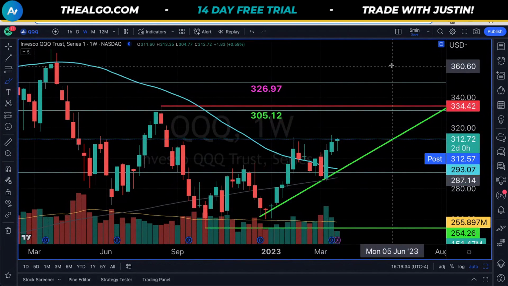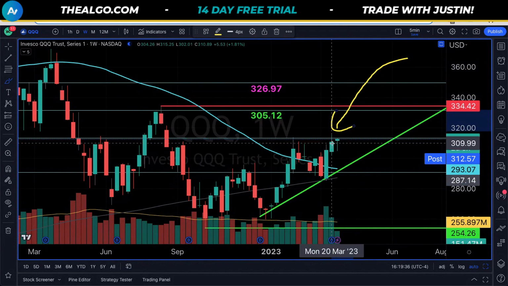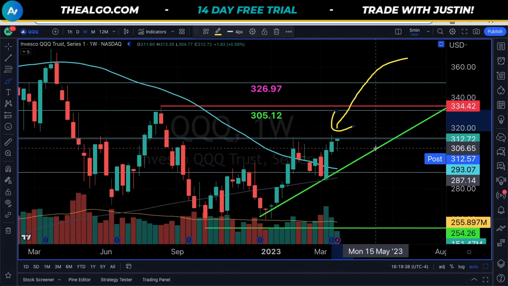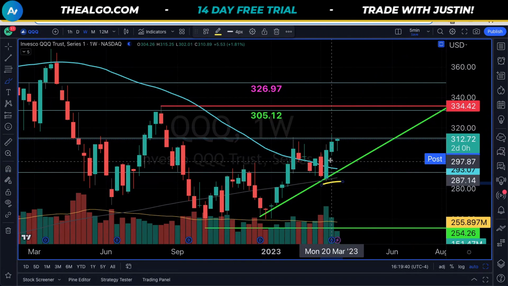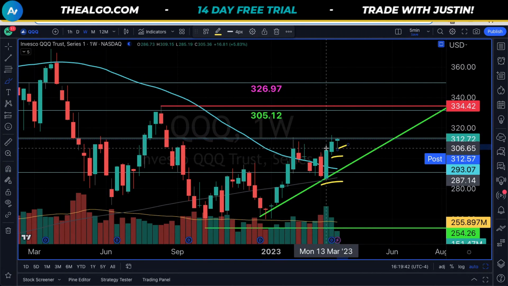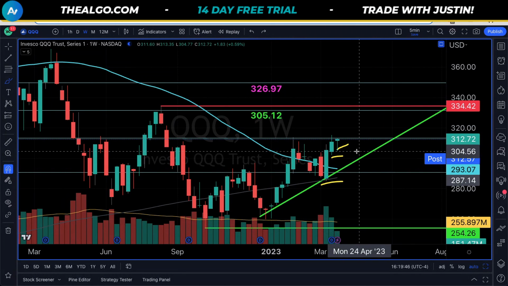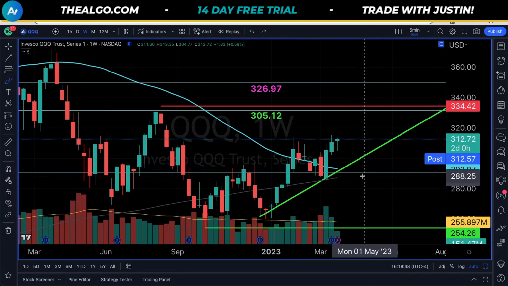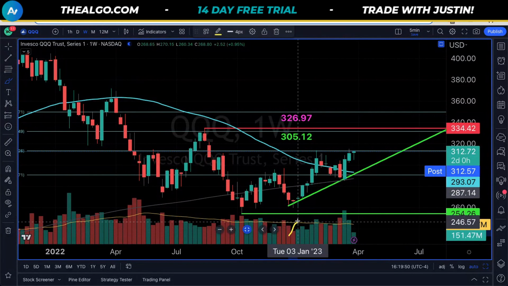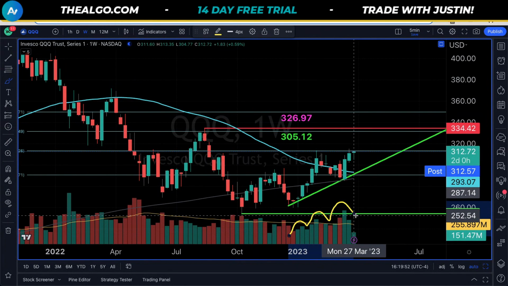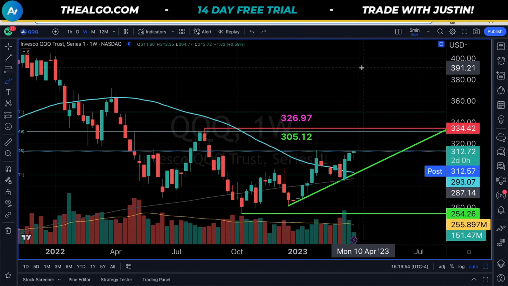We have to note a key area here too: 315.25. So as of right now, same thing. Very good defense, which means higher lows. In terms of offense, high, higher high, lower high. So we have that flag forming here, or the inside bar. We also have a ramp in volume. So 1, 2, 3. So in terms of the question that we noted at the start, how high can we